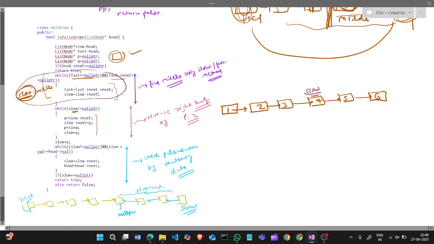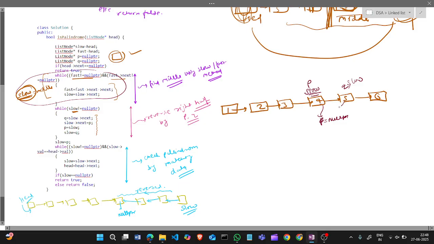Then if slow is not null, then we will reverse this. Okay, slow next is this, then q here, and in its next we will put the p, which is the null pointer. Okay, and so we will make slow as this, and make p as this.